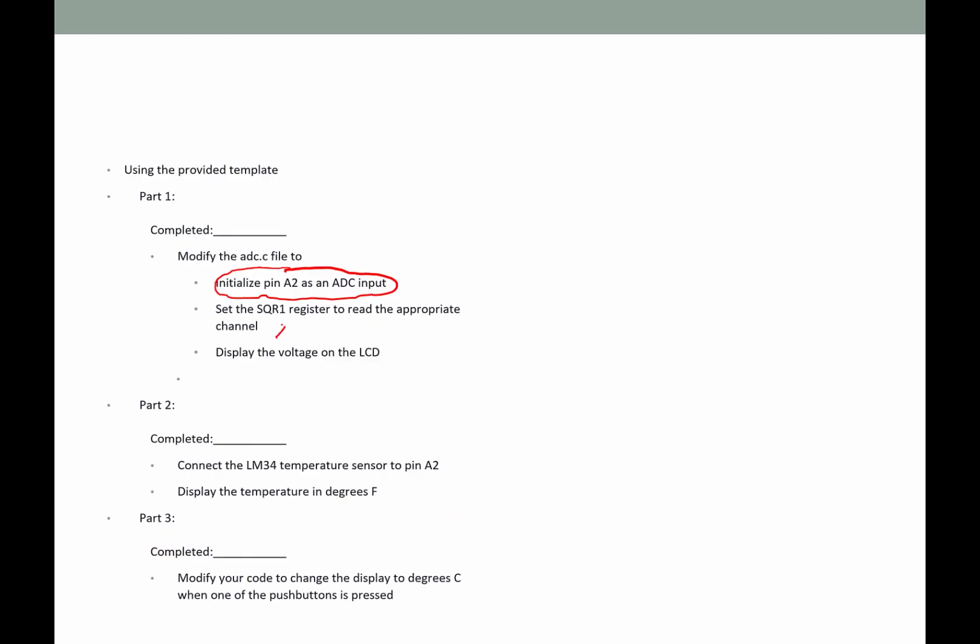And you have to set up the sequence register to do the right thing. And then it says display the voltage on the LCD. Okay, that sounds more complicated than it is, but if you look at it, it's sort of already set up in the template to use the LCD controller, so you don't have to worry too bad about that. Okay, then it says you're going to connect the LM34 temperature sensor to pin A2. Okay, so at first you're not actually using that sensor, but then you're going to connect it to pin A2,